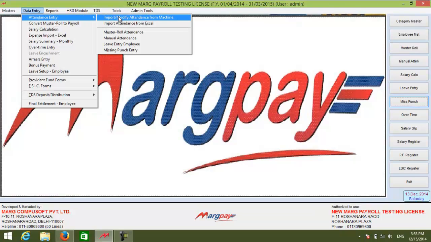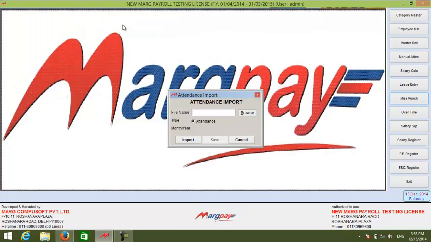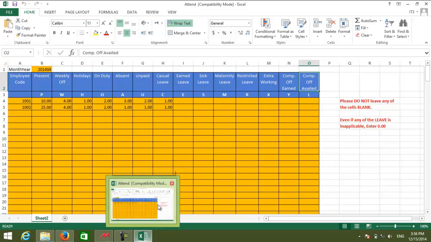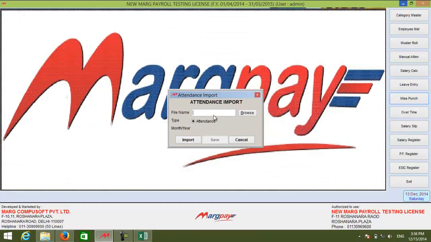Now moving on further, in the attendance entry is the import attendance from Excel. You can also import the attendance from Excel. Here is a specific Excel sheet format through which you can import the attendance. Here is that default attendance format that you can use. As you can see over here, you can mention the employee code, present, weekly off, holidays, on duty, absent, unpaid, casual leave, earned leave, sick leave, maternity leave, restricted leave availed, extra working if he has done, compensation of earned, compensation of availed. So this is the attendance format for the Excel. You can just browse the file name through which you want to import the attendance